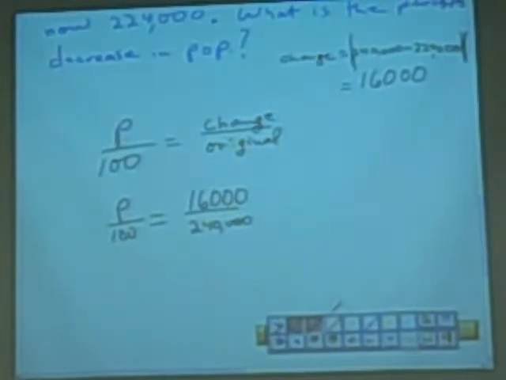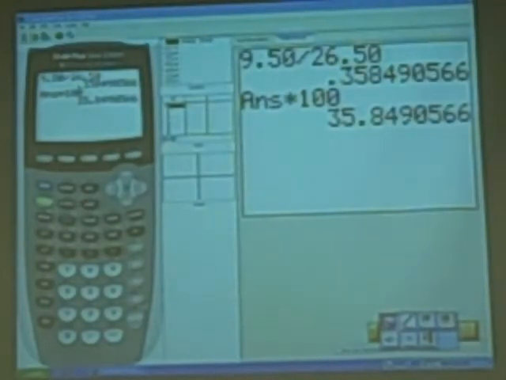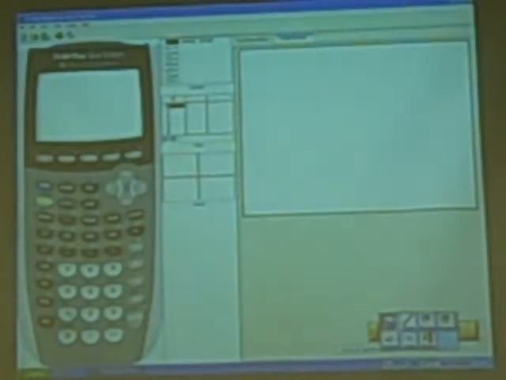So here we can go ahead and divide. We can put P over 100 and just divide 16. Now we got 16,000, 24,000, so we can eliminate 3 zeros and 3 zeros and just use 16 over 240. So that's what we'll do. So we're going to put in 16 divided by 240, and we get